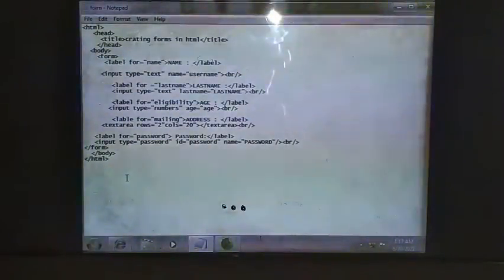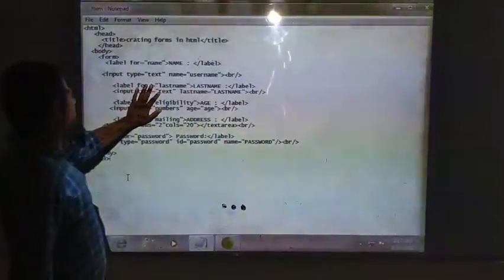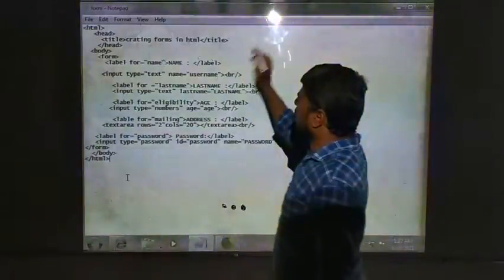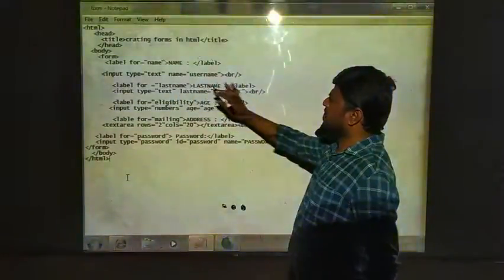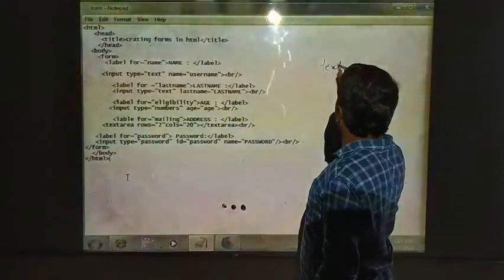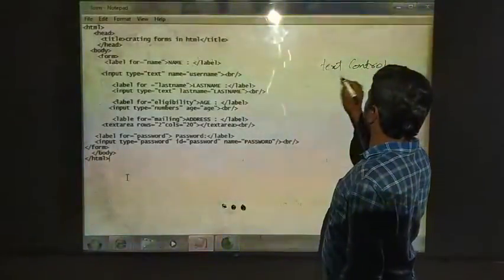So what are the topics we have covered in this HTML program? First we have covered these 2 lines, name, username. So the label is covered. We have covered the first text control, for a single line.